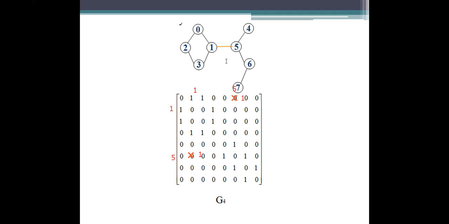If you want to connect this with more edges, we can easily add all these things.